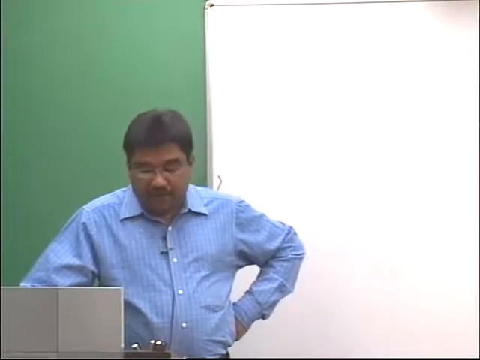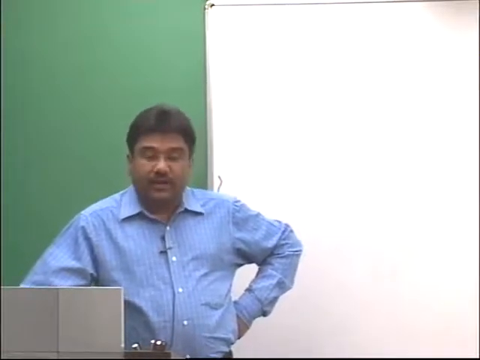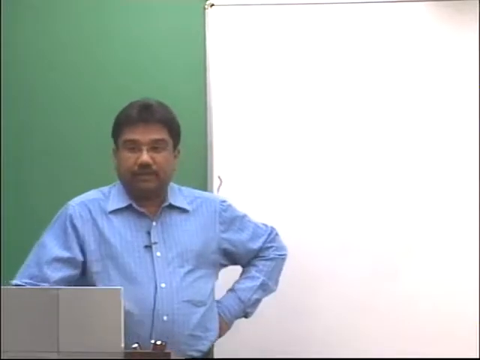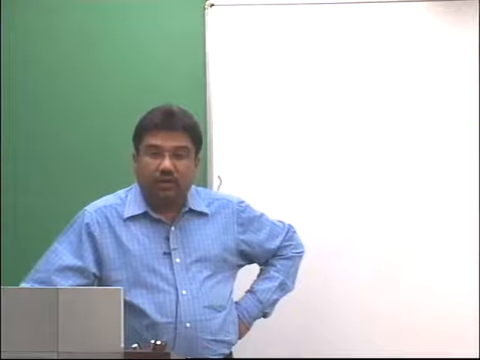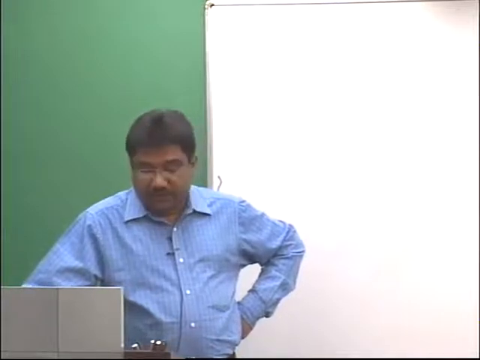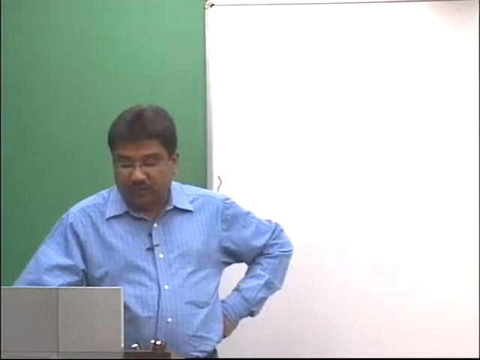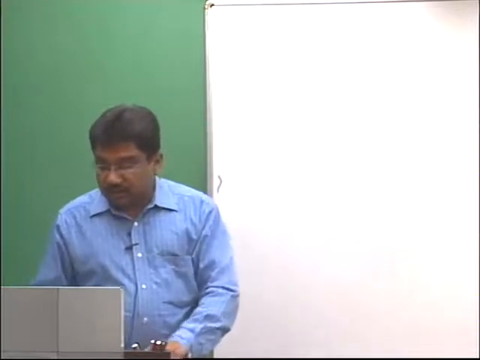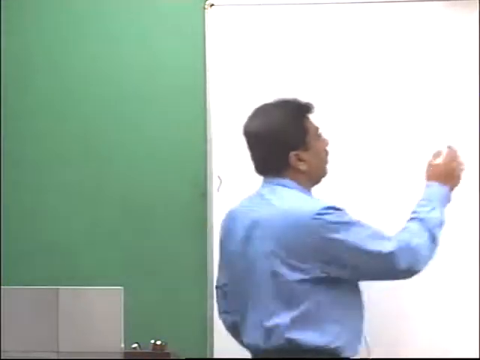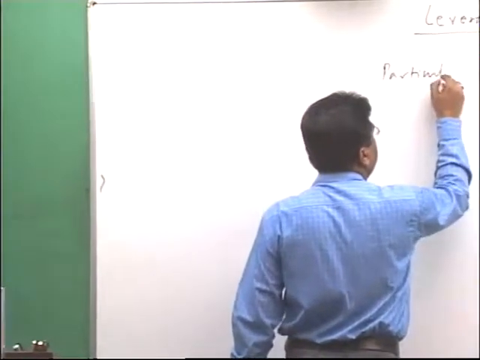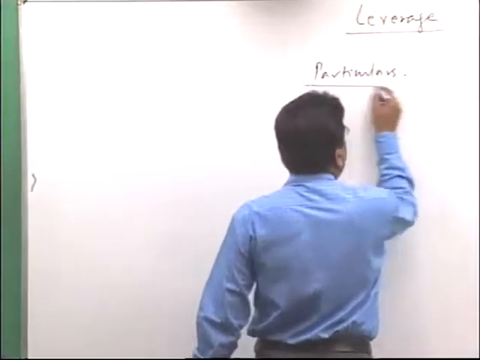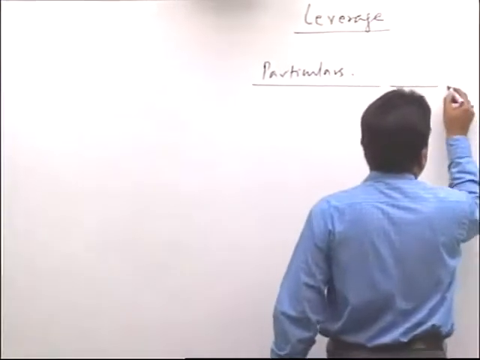The base level of EBIT, that is present EBIT, is 50,000 rupees, and if it reduces to either 30,000 or 70,000, what will be the new EPS? It means you have to calculate EPS for all the three levels. Now, please make 4 columns: particulars, then 3 columns for rupees.